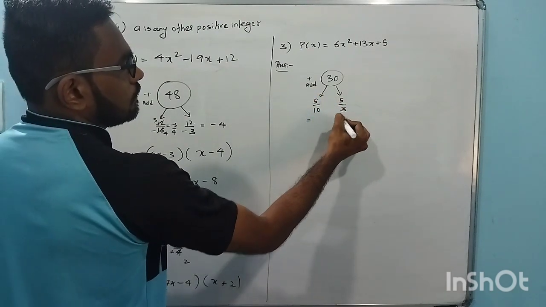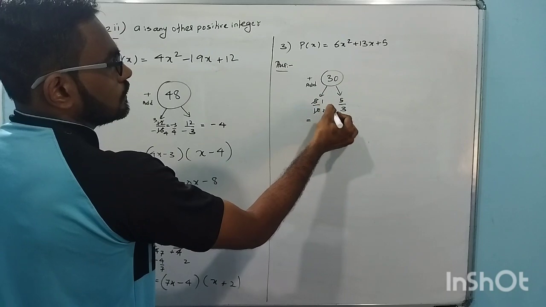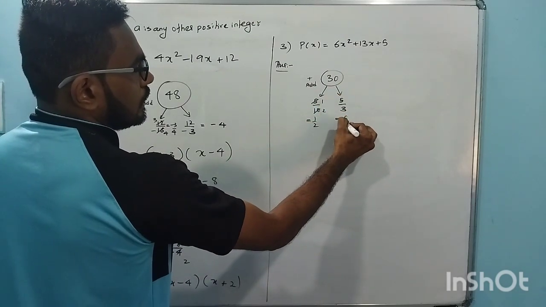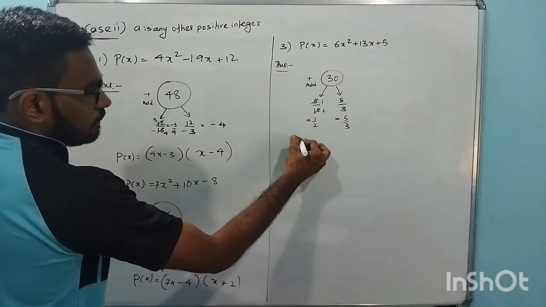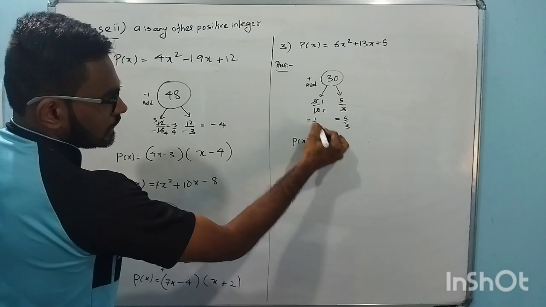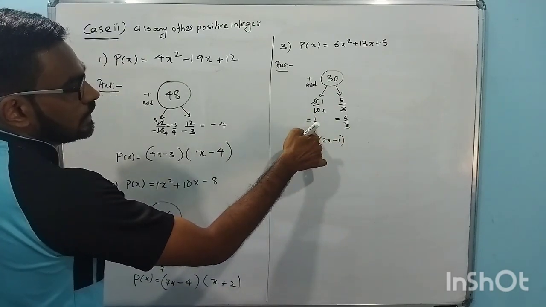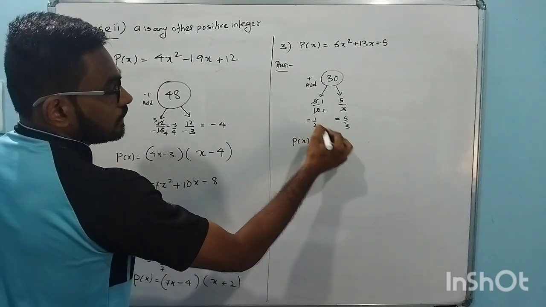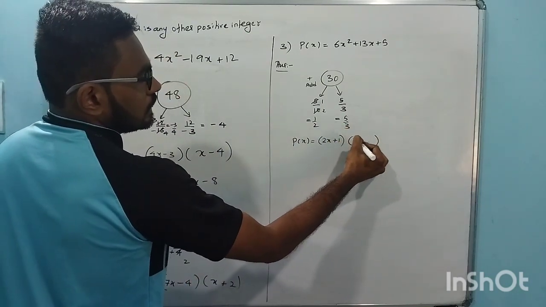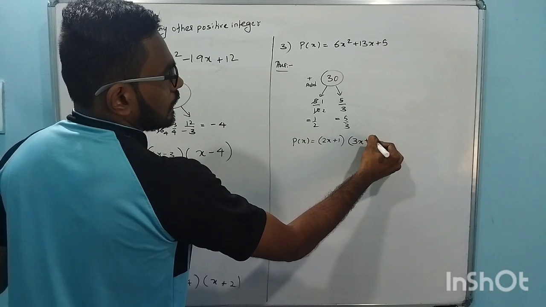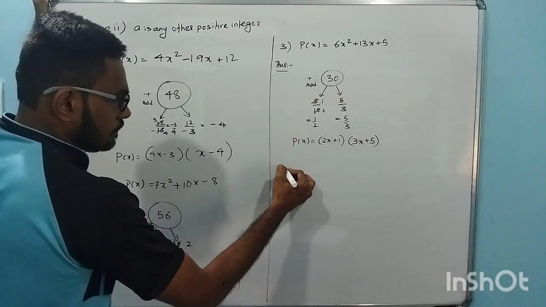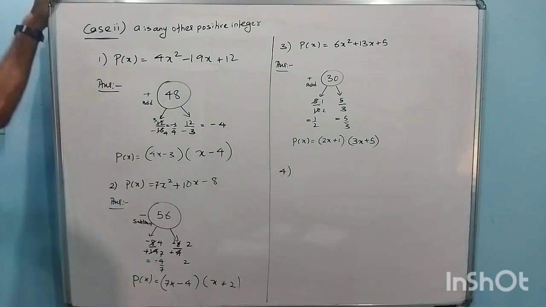Then see, after simplifying, what do you get? This is 1, this is 2. This is as it is. So we get a half, and here 5 by 3. That means the polynomial will be like this. See, 2 first, beside x minus 1, denominator into x minus numerator. Sorry, plus numerator. And here also, denominator 3x plus numerator 5. Like this.